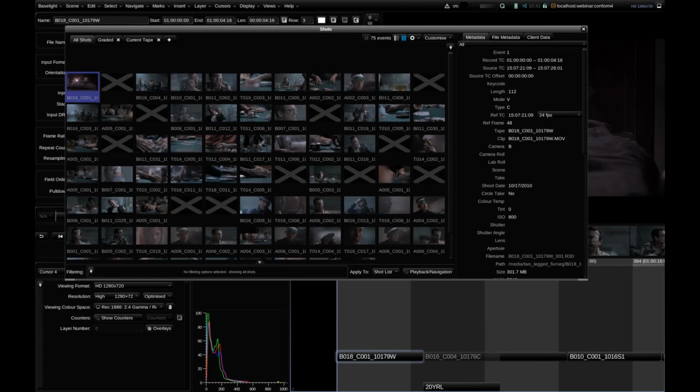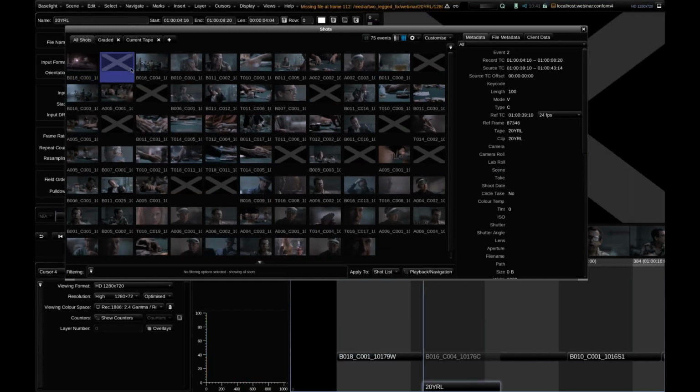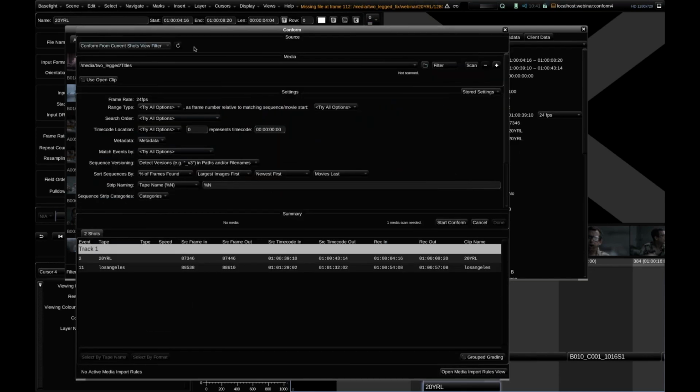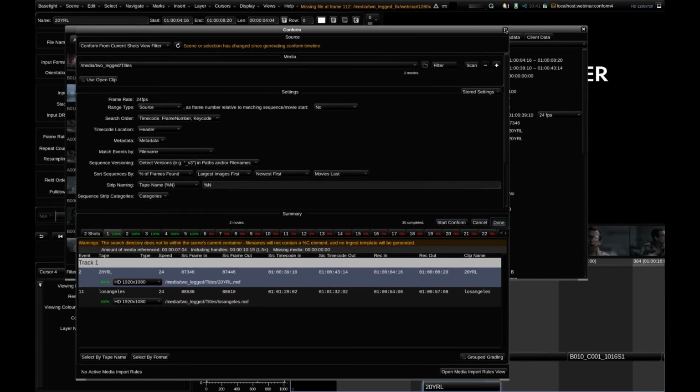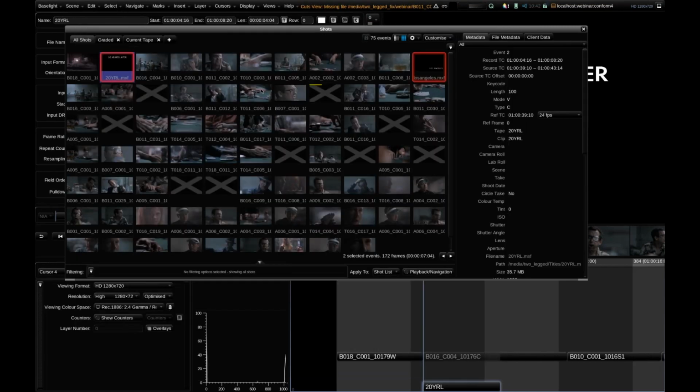So there's a whole bunch of shots missing actually. Two of these are actually the titles because the titles were not in this directory. So I can select just the titles. So you see I'm not loading an EDL, I'm just loading the currently selected shots. I've pointed it to the folder where the titles are. And now if I hit start conform, well, they should be there. Yep, there they are. So now I've brought my titles in, but